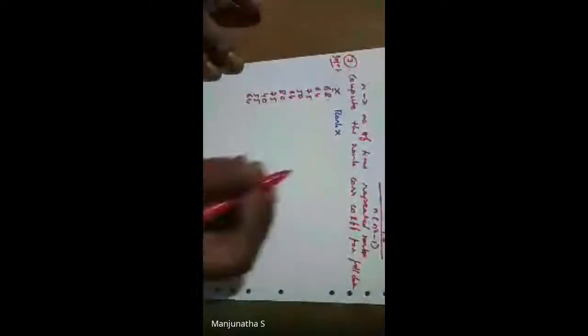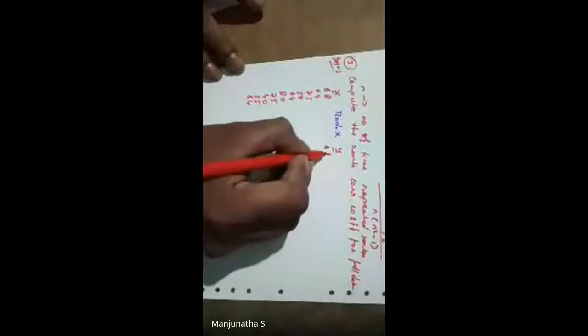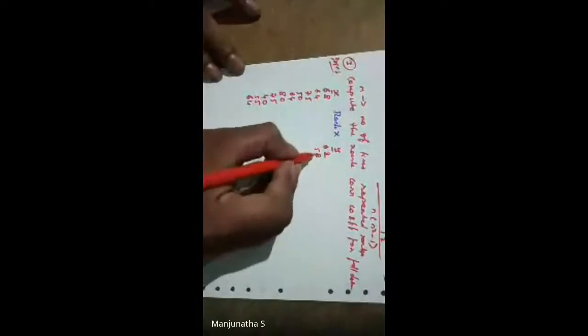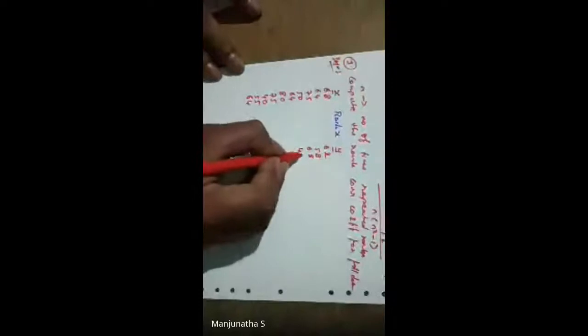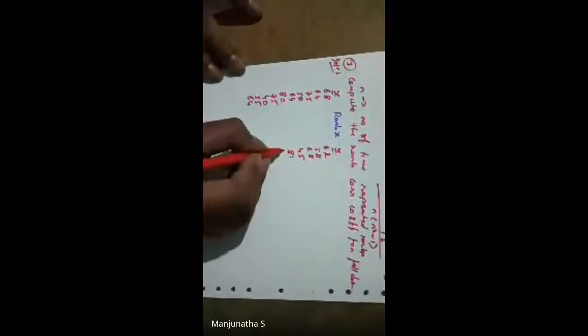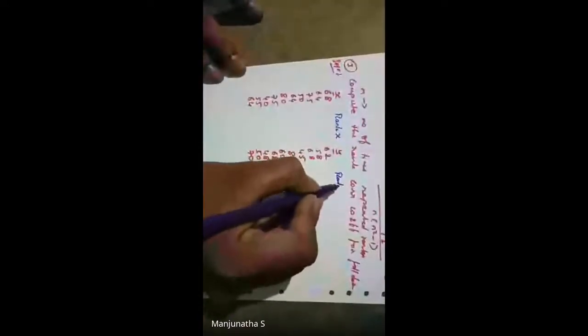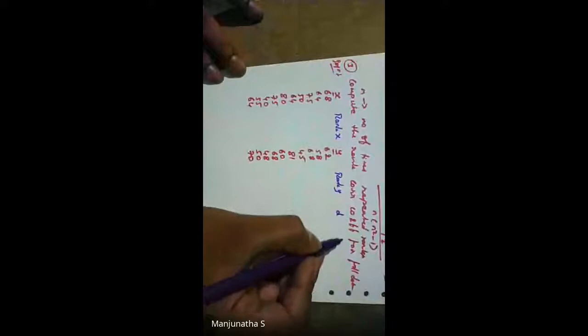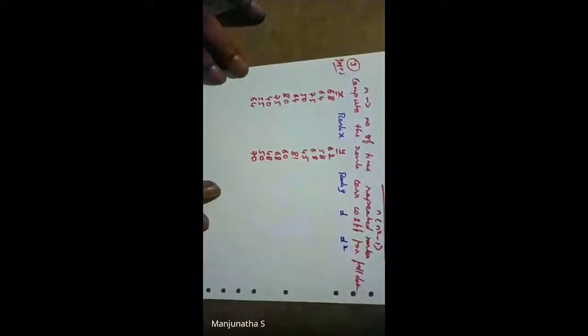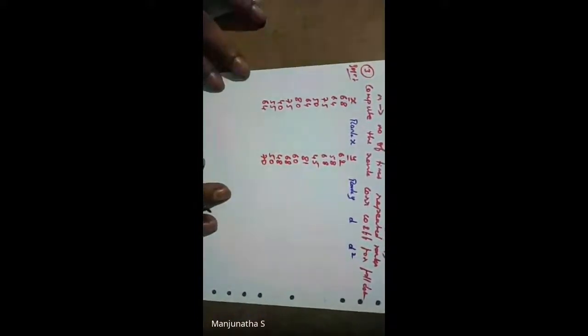Next, similarly Y also they have given. Instead of writing two times I wrote it at once. So in red pen what I wrote is in the question. So Y is 62, 58, 68, 45, 81, 60, 68, 48, 50 and 70. Then we need the rank in Y, then D, and then D square. So we'll go for rank.